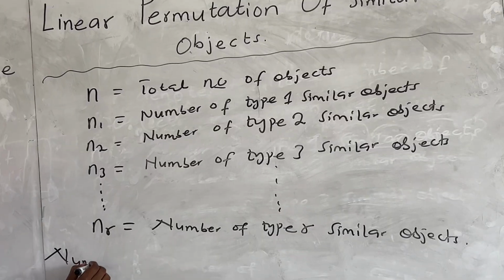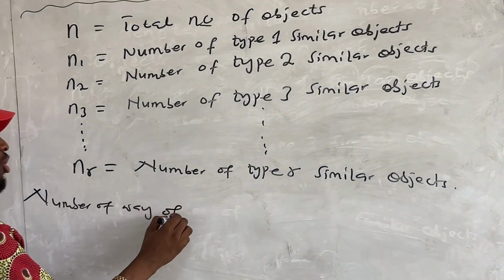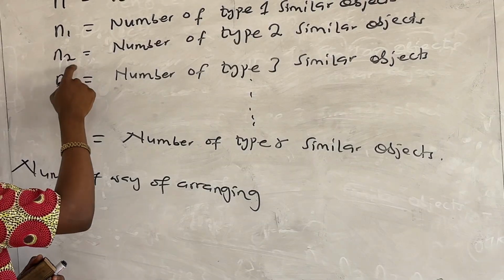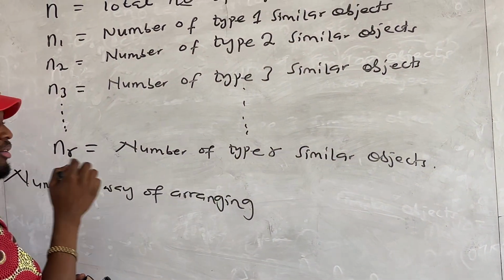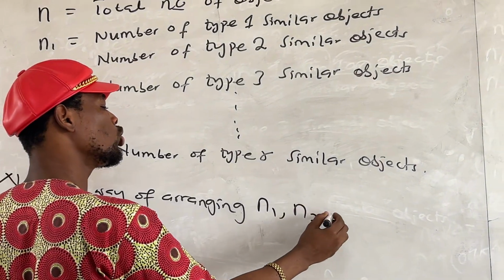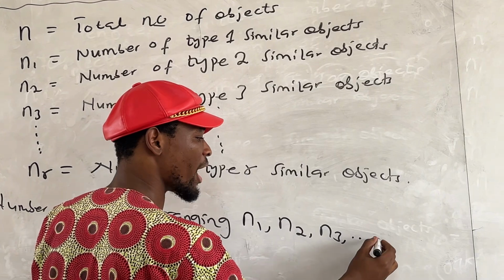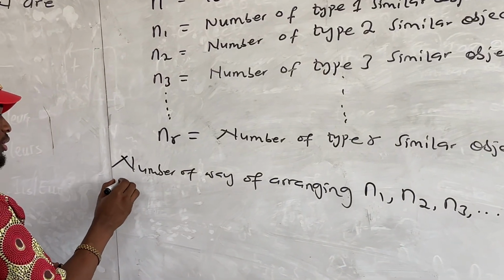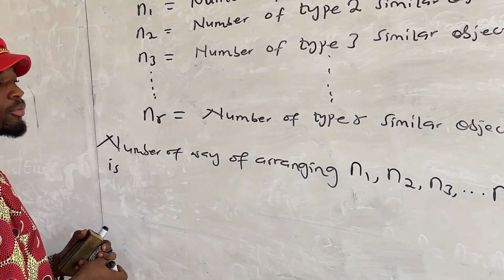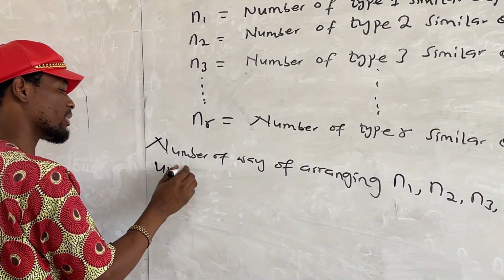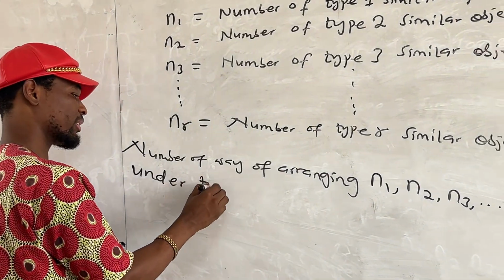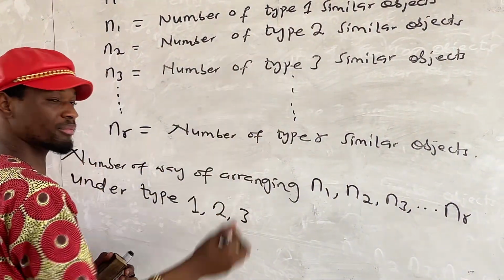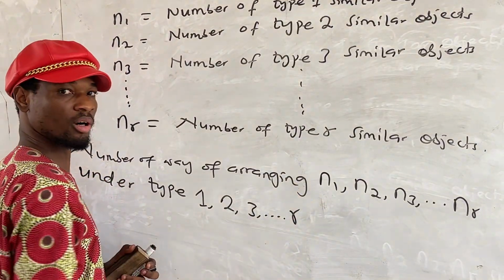of arranging n1, n2, n3, up to nr, okay, under type 1, 2, 3, up to r, is